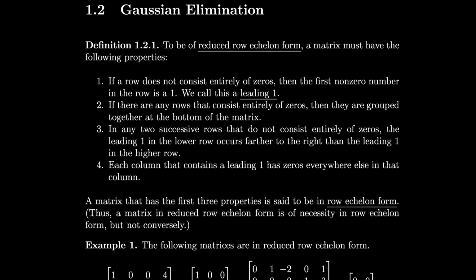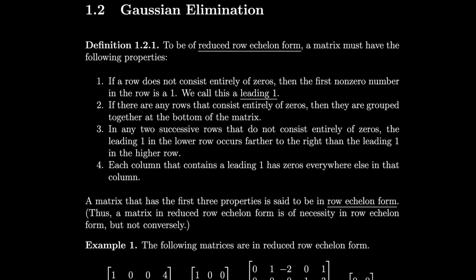Section 1.2, Gaussian Elimination. To be of reduced row echelon form, a matrix must have the following properties. 1. If a row does not consist entirely of zeros, then the first non-zero number in the row is a 1. We call this a leading 1. 2. If there are any rows that consist entirely of zeros, then they are grouped together at the bottom of